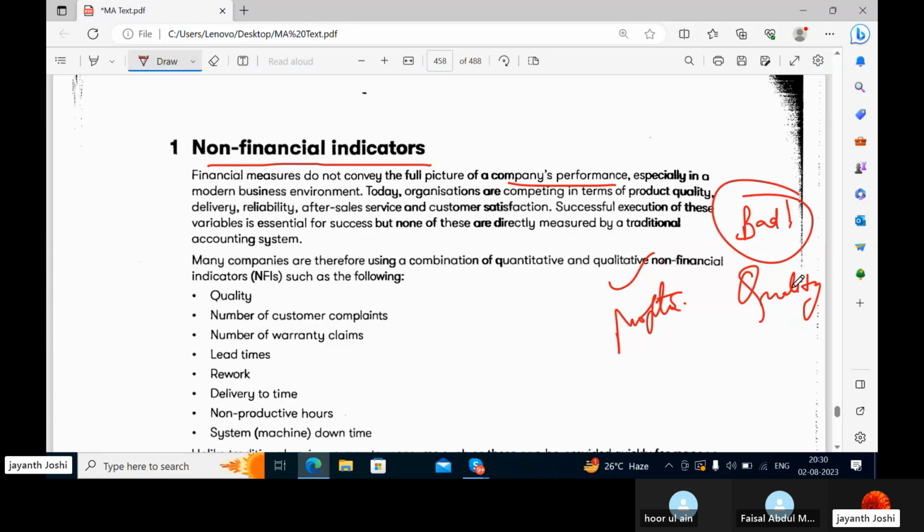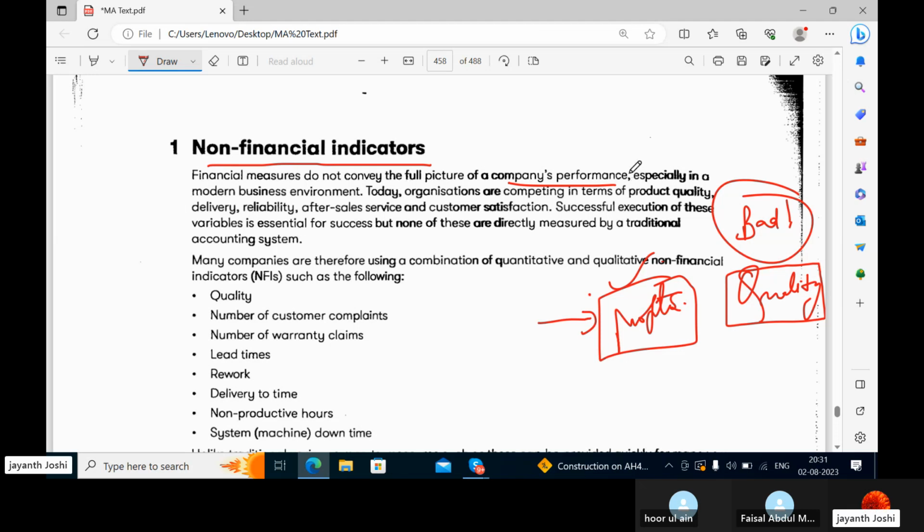That means they would sell cheap grade products to customers because cheap grade products cost them less, because the original stuff is not present in the cheap grade product, or the raw material you are using is of the cheapest quality. Do you think customers can accept those products? Do you think they are going to compromise? No. So here profits are of course a financial performance measure, but quality is a non-financial performance measure or non-financial indicator. Now you understand what I mean.